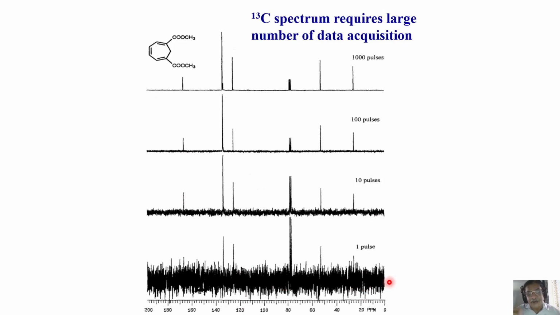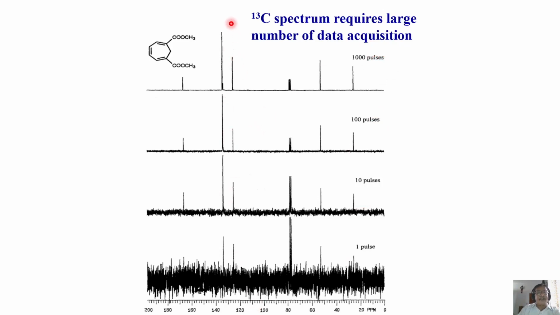On the other hand, we can do the coding of the data. Instead of one pulse, I'll send 10 pulses, one after the other. You send a pulse, collect the signal. Afterwards, send one more pulse, collect the signal. Send one more pulse, collect the signal. And then keep on adding the data every time you collect, one above the other, like this. We call it accumulation of the data, or signal averaging. So you send one pulse, then acquire 10 pulses. Now apply 100 times. 1000 pulses you apply. Every time add the data.